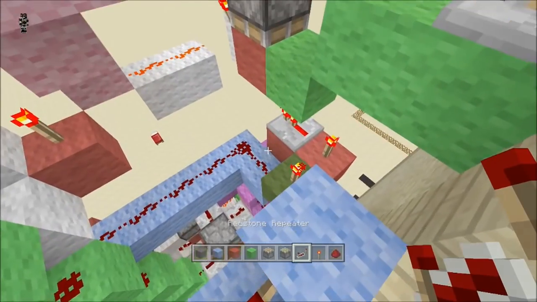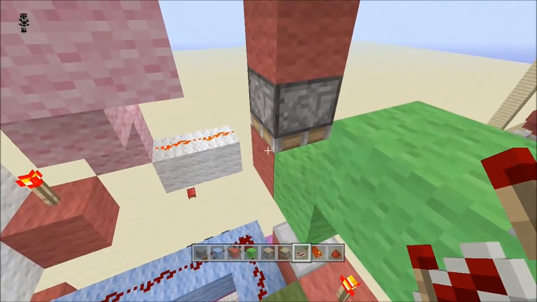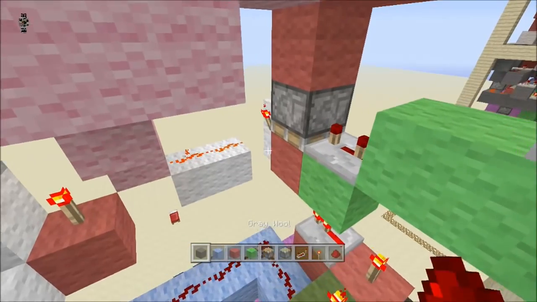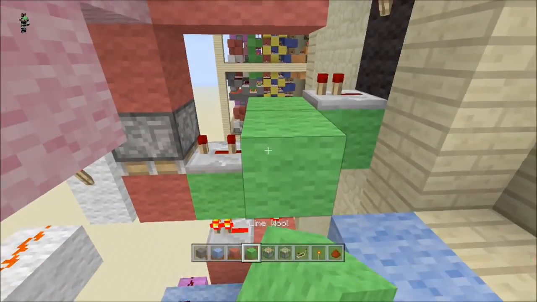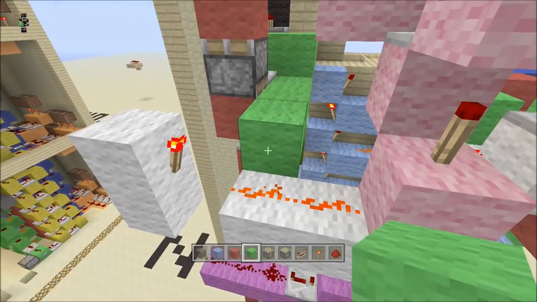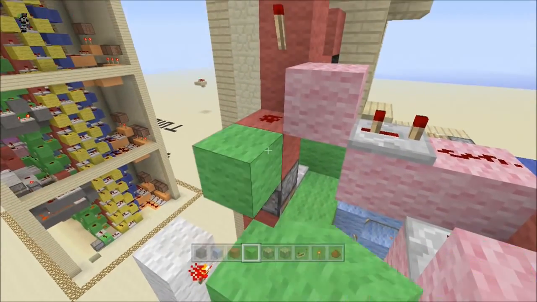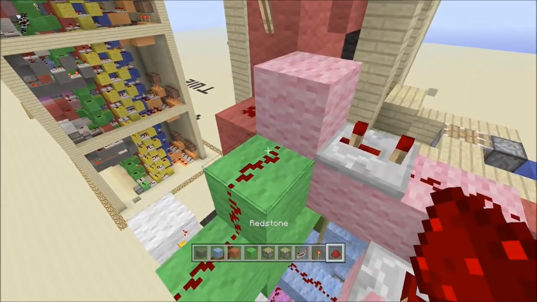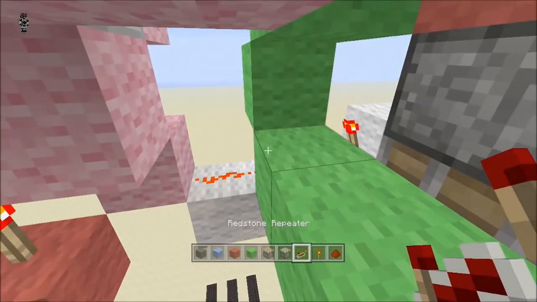It needs a little like that, and then repeater, and then 3 ticks on that, and then block here, here, and here, and then we'll need one more there. Come up, needs to connect back into this pink block. Do that, and then we'll need a repeater here, 3 ticks,